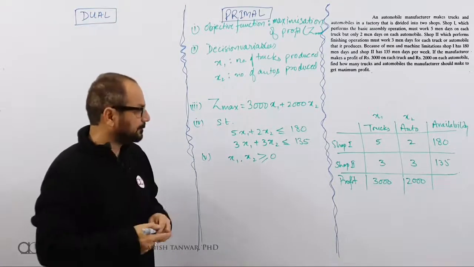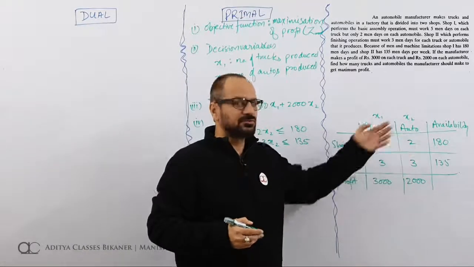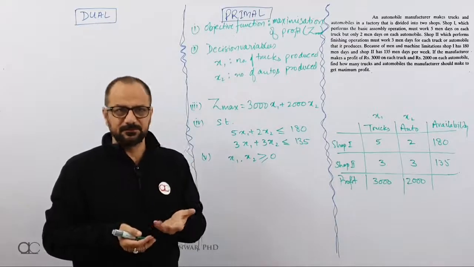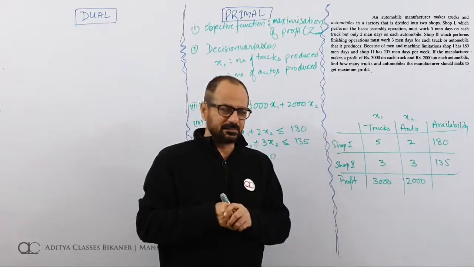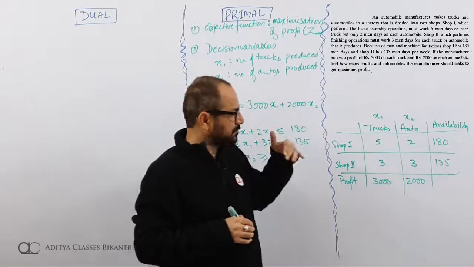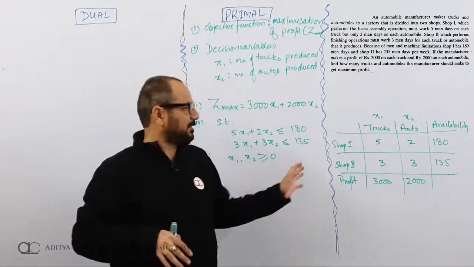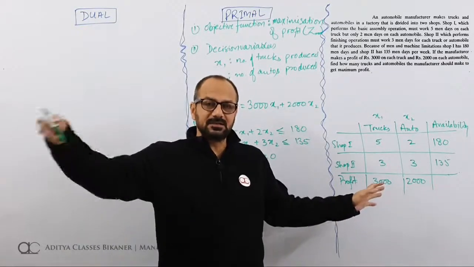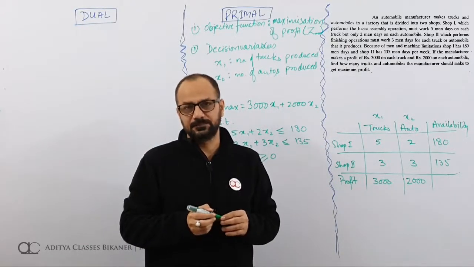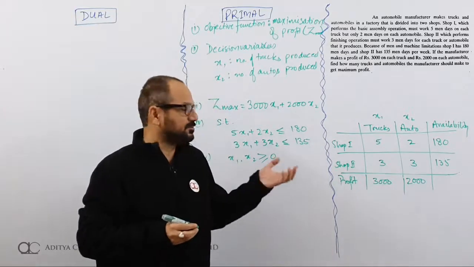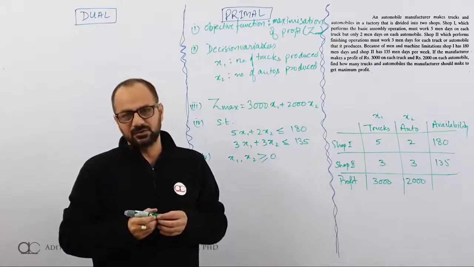Now, what is happening in dual? Up till this point, we had the concept that 3000 x1 plus 2000 x2 should be maximized because these were the profits, profit coming from one truck, profit coming from the second. This was the idea up till this point. Now, suppose there is another investor. We as a business are working on this model, but there is some outside investor who is interested in investing into our resource. The resource that we are making use of is Mendes.